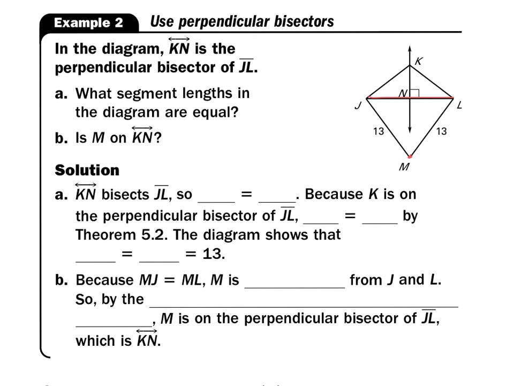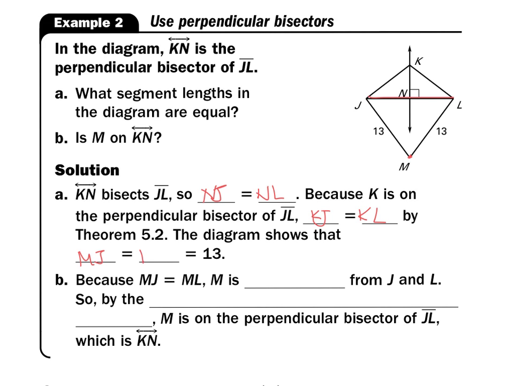Okay, so let's see how we answer these questions. KN bisects JL. So NJ and NL equal each other. And because K is on the perpendicular bisector of JL, therefore KJ would equal KL by the perpendicular bisector theorem. And then the diagram shows that MJ